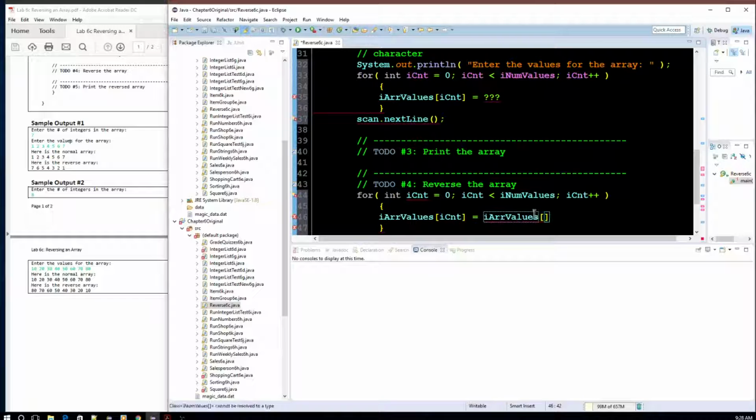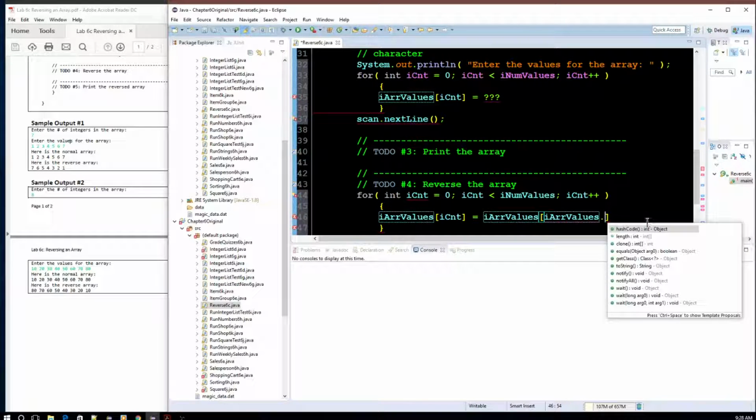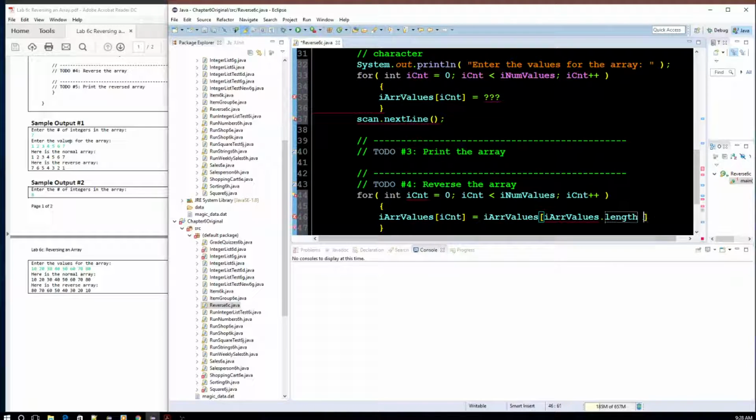So this is the array, and this is the length of the array: iArrValues.length minus iCount. You may think you want to do something like that, but that's not going to work, because